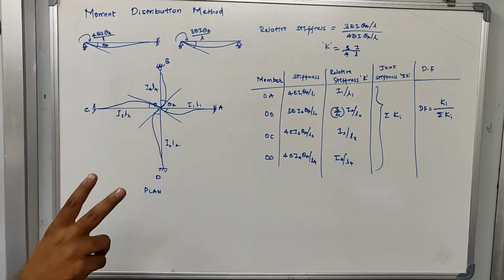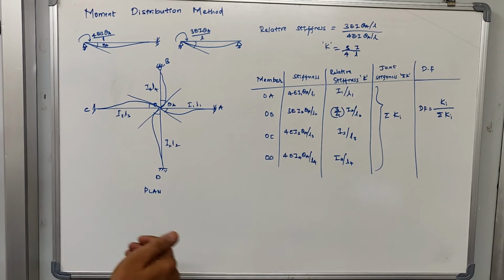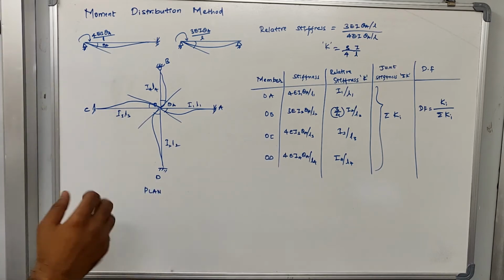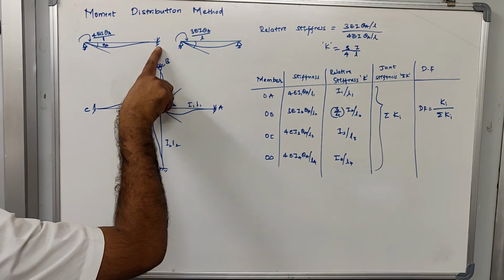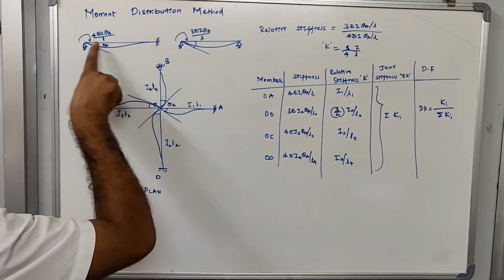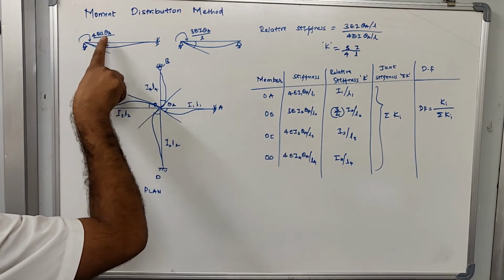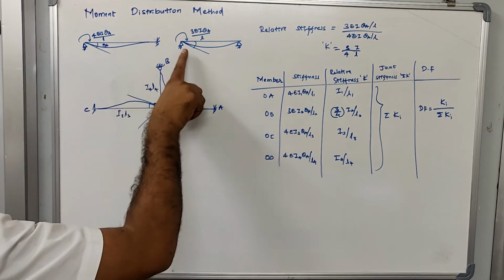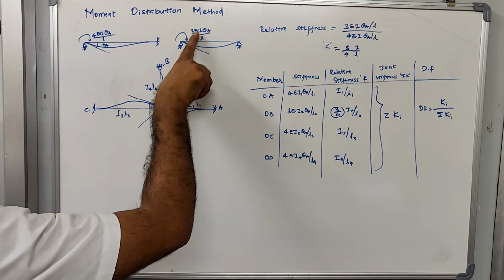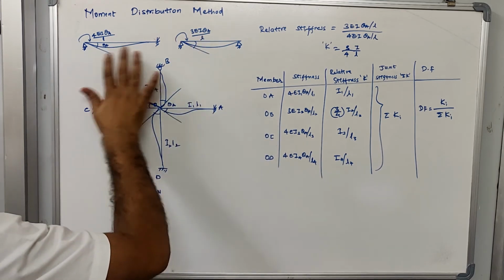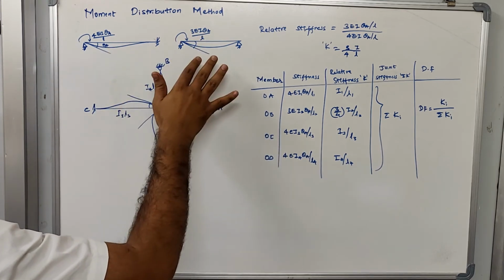So there are two conditions in which we can understand the stiffness of any given element, which is basically dependent on the far end joint. Okay, if the far end is fixed, the moment that is required here will be equal to 4 EI theta A divided by L. If the far end is pinned, the moment that is required to create the unit rotation will be 3 EI divided by L. Okay, so these are the derivations which we already discussed.